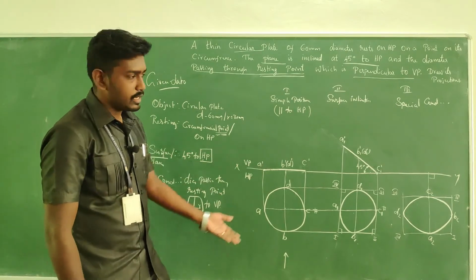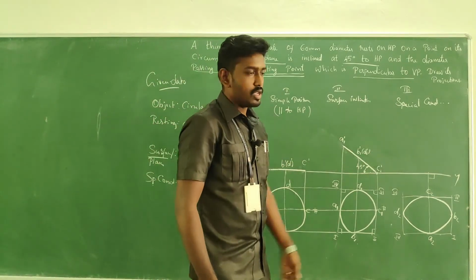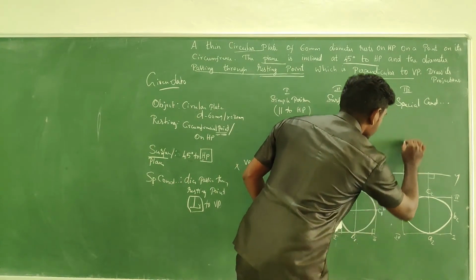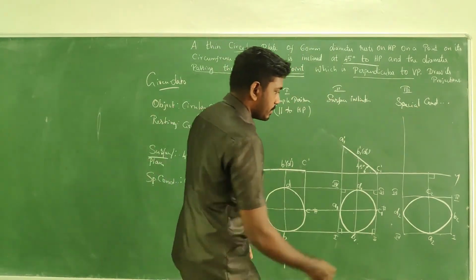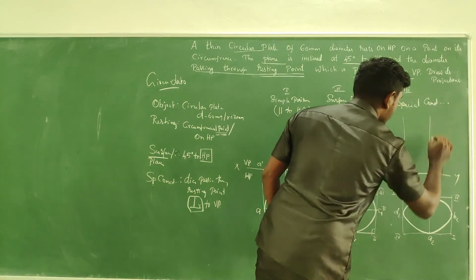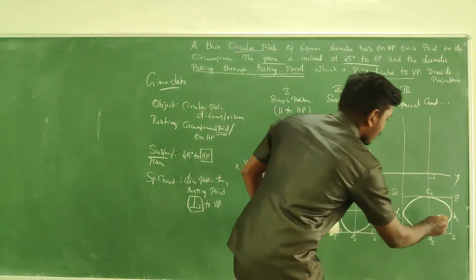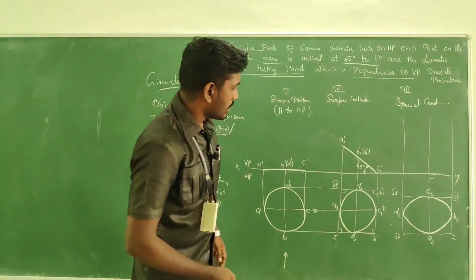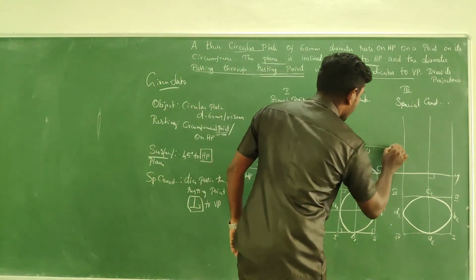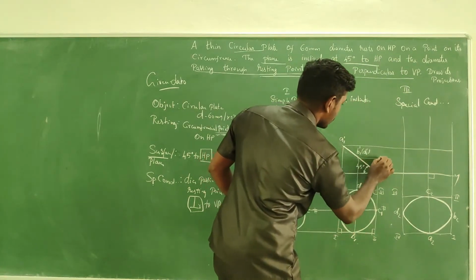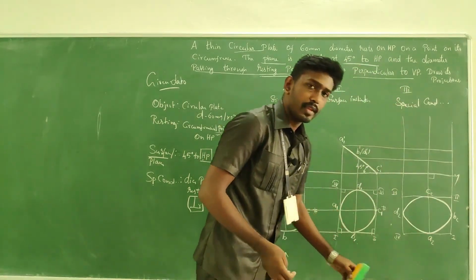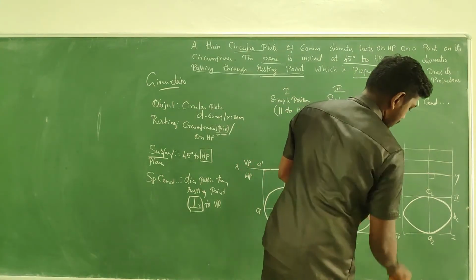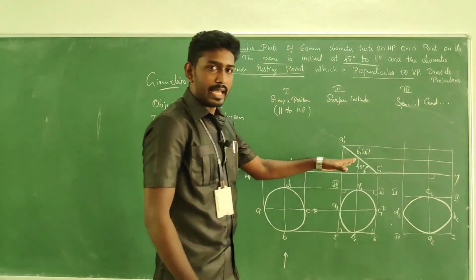What is next? The final front view. So how will you take it? Yes, by the projectors. So take the line from each and every point from the circle. So this is how you will get. And from the front view, you have to take the horizontal projectors. So this is how it will be. Remove all the edges of line. So this is the boundary for our diagram.